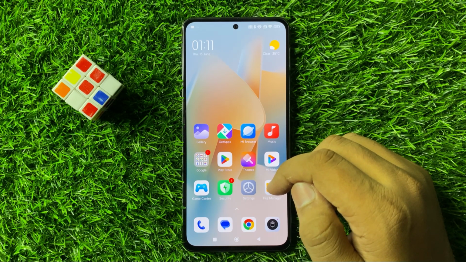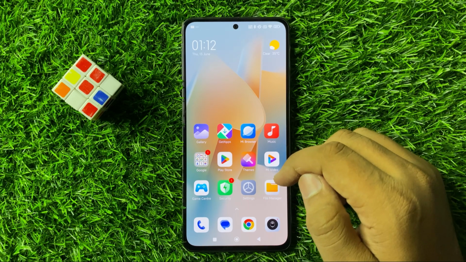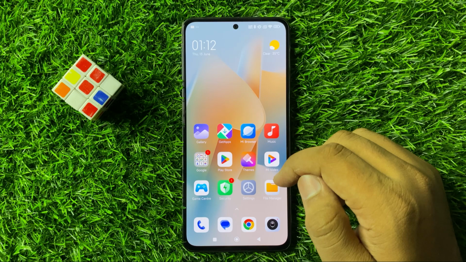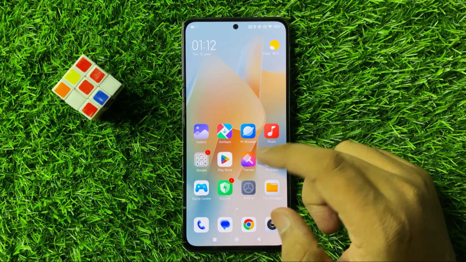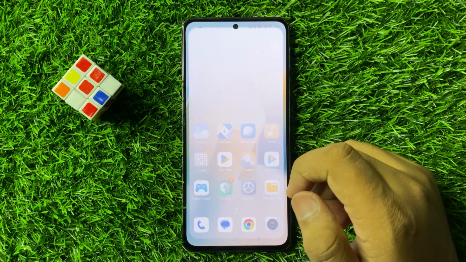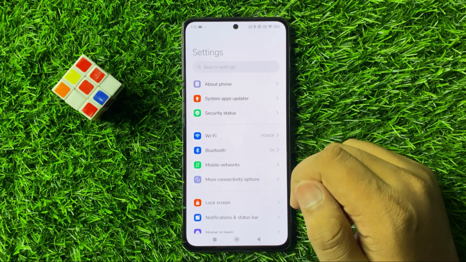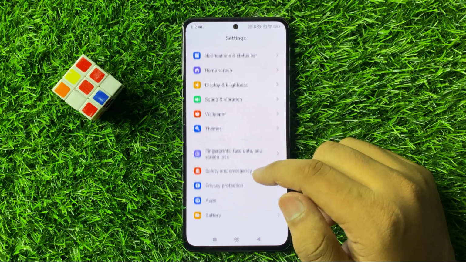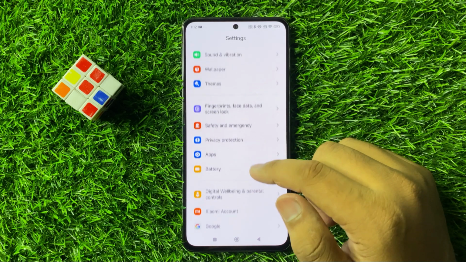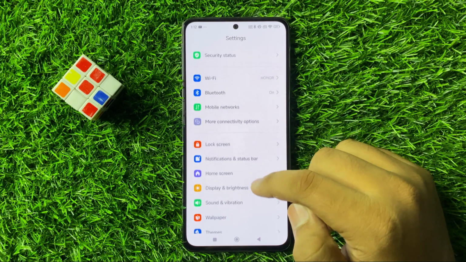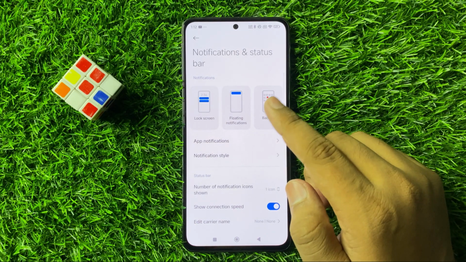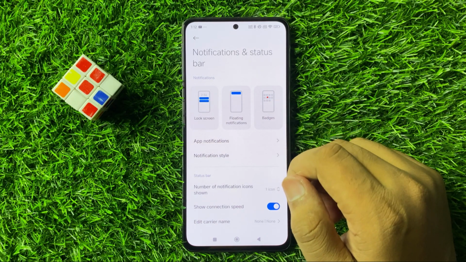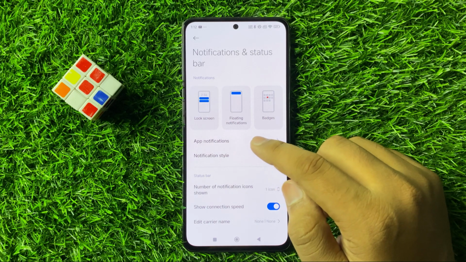In this video I will show you how to manage app notifications in Redmi Note 13R. So first of all, open settings. Now in settings, scroll down and here click on notifications and status bar. Now here in notifications and status bar, click on app notifications